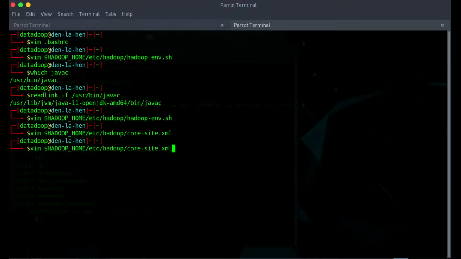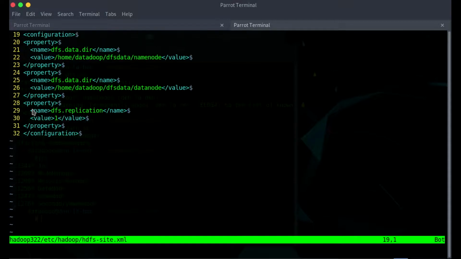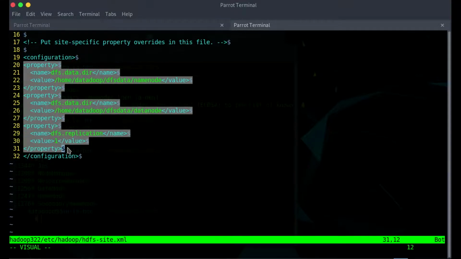Then we'll have to edit the HDFS site file. The file name of it is hdfs-site.xml. Hit enter. You will get again a blank configuration here. You have to just type this right from line number 20 to line number 31.